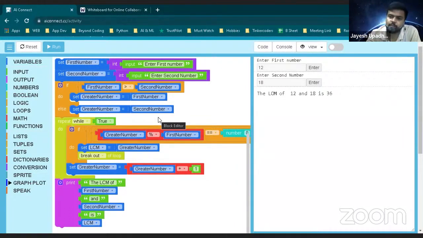So just ask this question to yourself. Then only you will understand, and then only we are going to do the next code. Whatever code I have given you in the project, then only you will understand it. So we will dry run the code in just a few minutes.